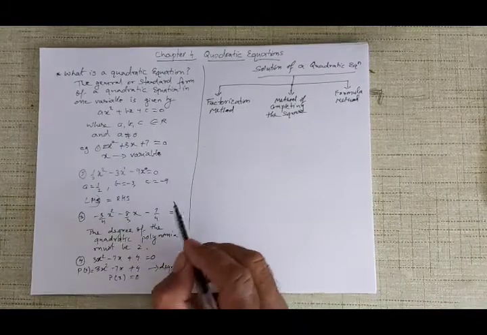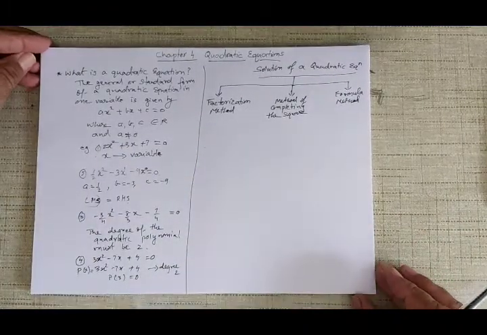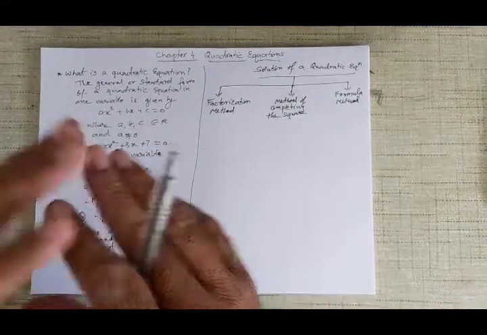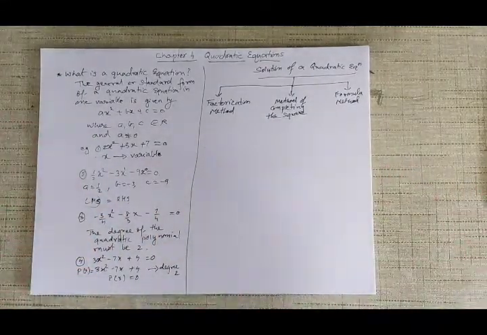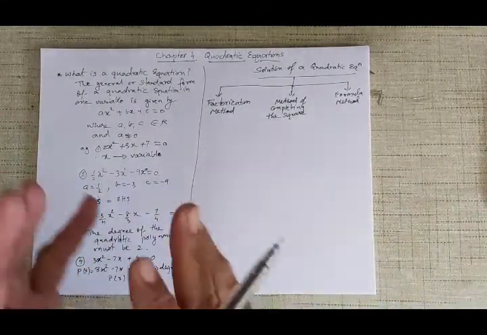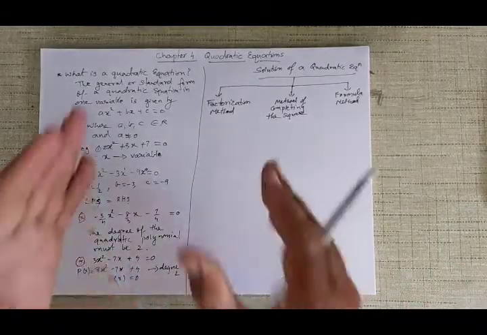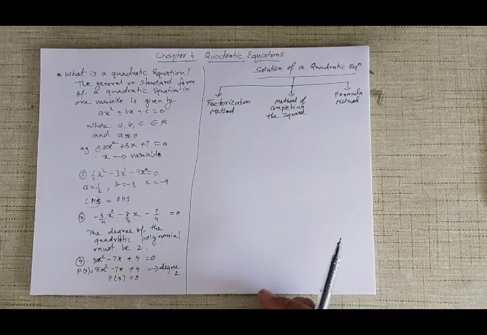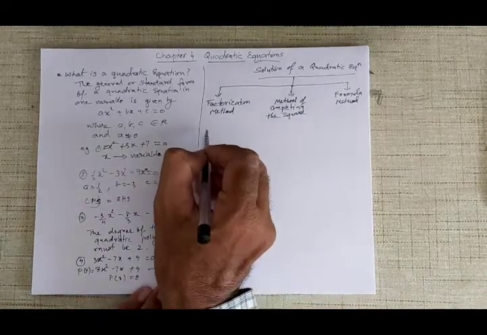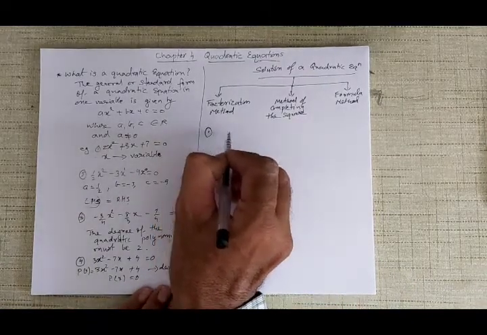And after that, we will have what is called word problems. Problems which are worded in such a way that you can obtain a quadratic equation, solve it, and find the solution of the word problem. Then we'll come to word problems after that. We'll first do these solutions in 3 different methods. But what is the solution of a quadratic equation? Let us take an example.